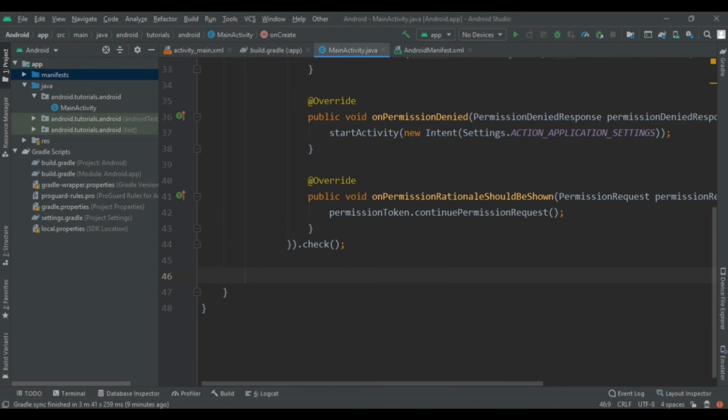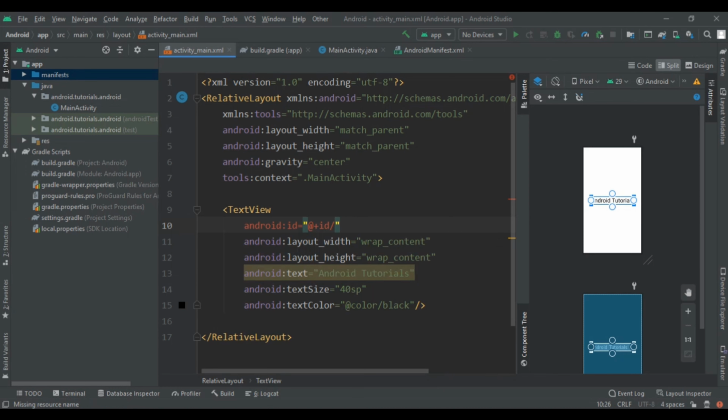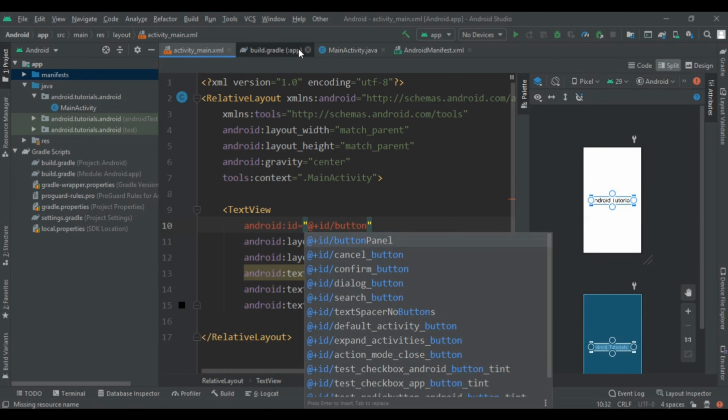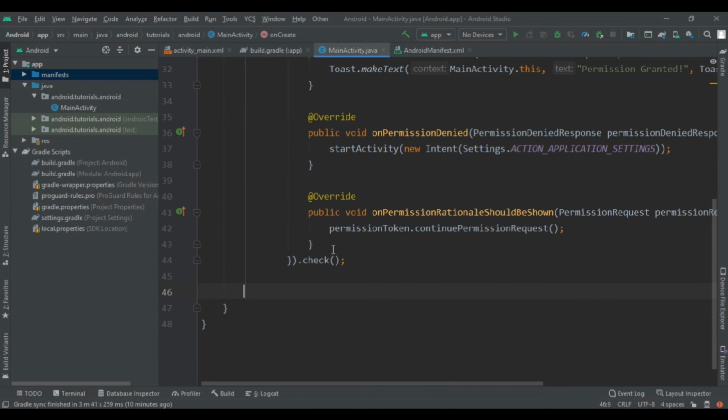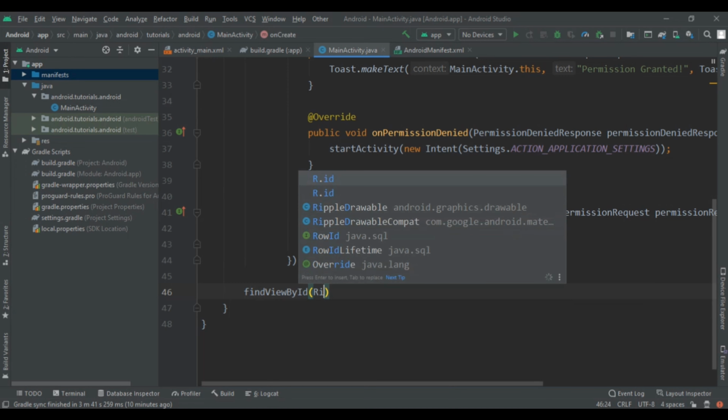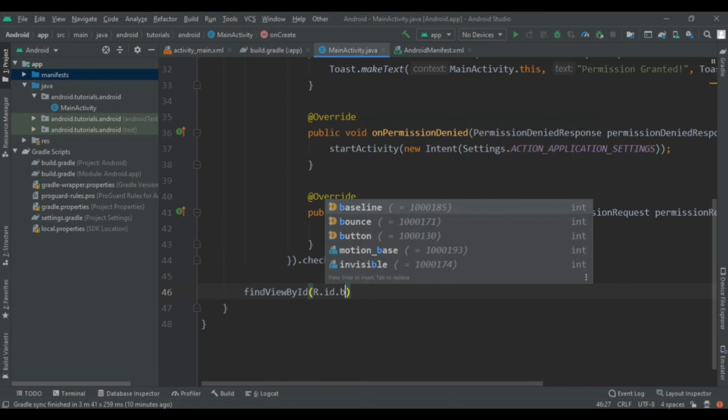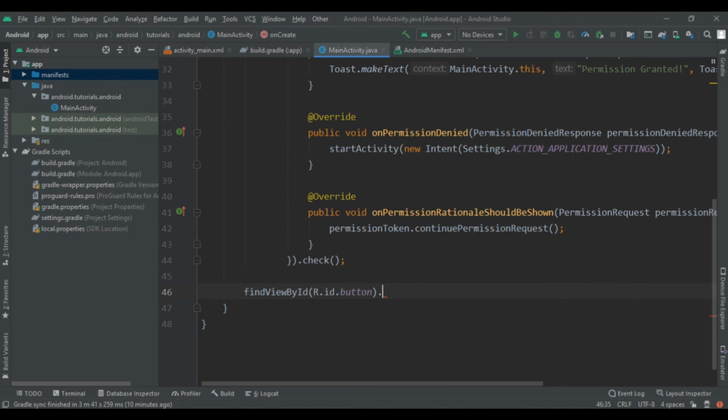Here I am giving its ID, and that ID will be button. So here I am going to write findViewById R.id.button, and then setOnClickListener on that, new OnClickListener.